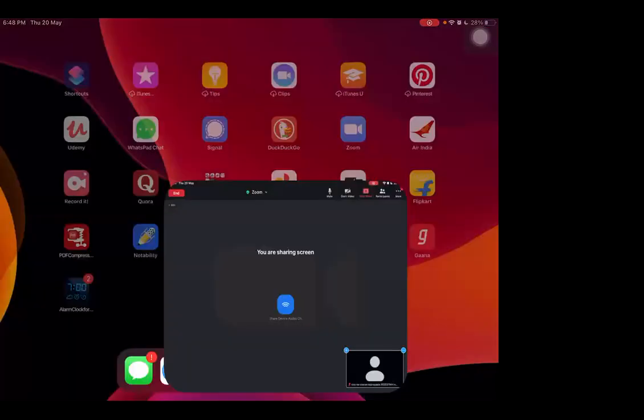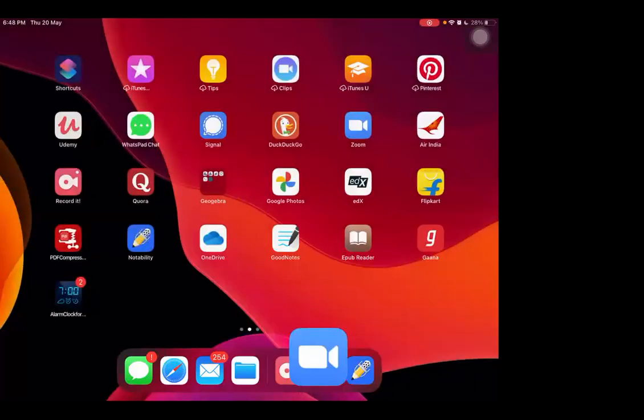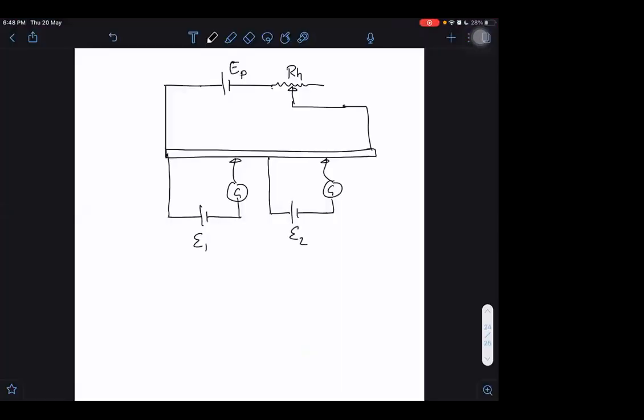This is E1 and this is E2. So with the galvanometer, let us say this part is of length L1 and this part is of length L2 here. Then we can compare again. We can write E1 by L1 is equal to E2 by L2. We can do it easily, right? We can compare the EMFs.